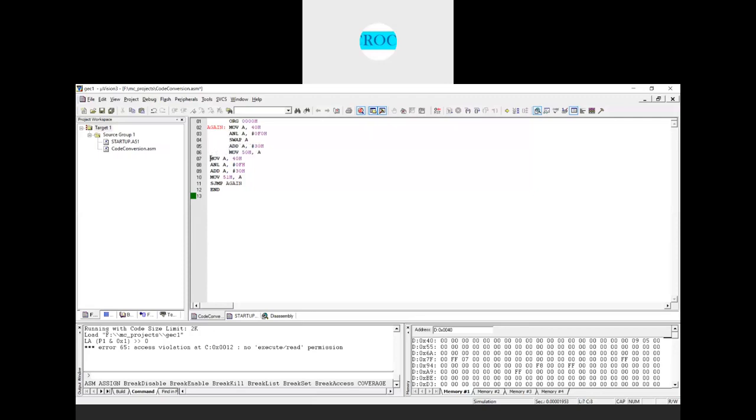Structure this, the code. Right, this is the code we have written for converting the BCD numbers to ASCII.